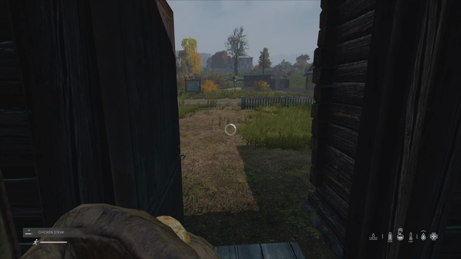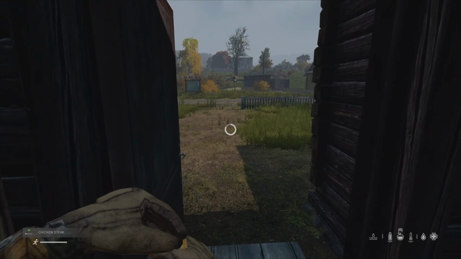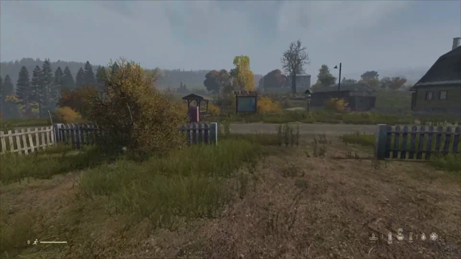I have some cans, and that's all well and good. We've gotten through where we need to get through, and we've picked up the food that we need to pick up, and we're now looking a little bit better. We'll go and have a quick look at the map,